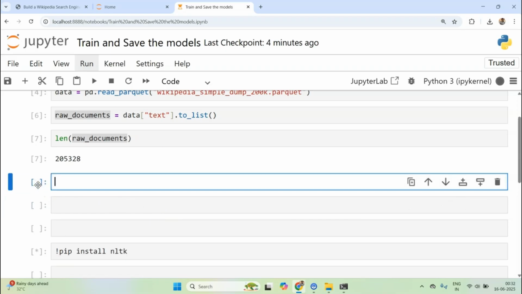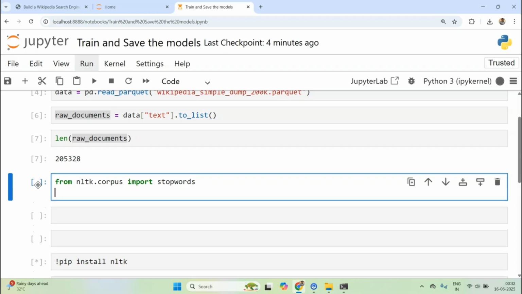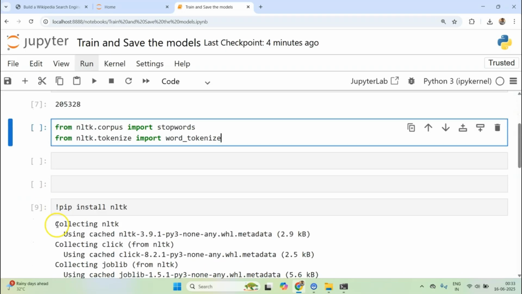Once this is installed, I would like to import from nltk.corpus stopwords and also from nltk.tokenize import word_tokenize. So these functions would be required.